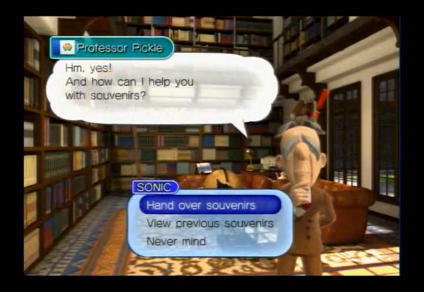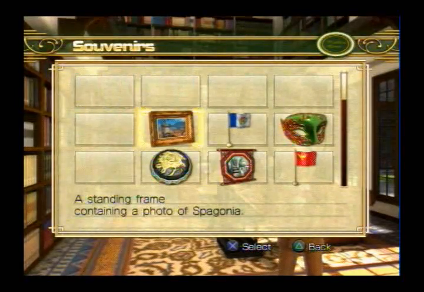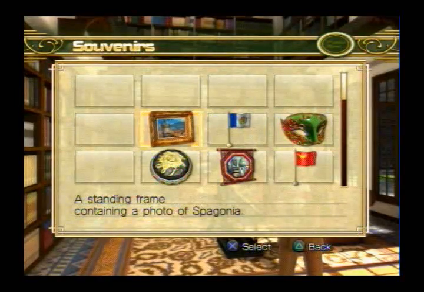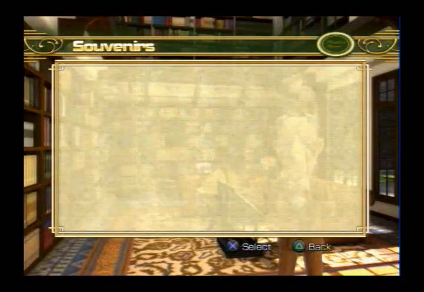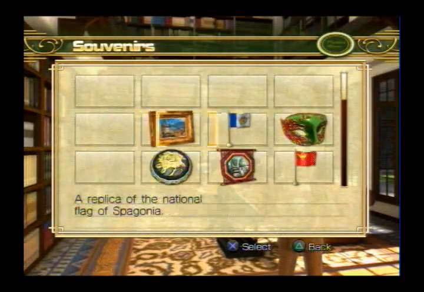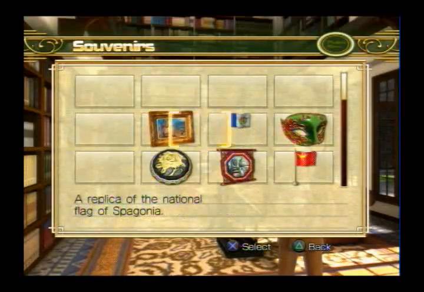Okay, I'll show you some of the previous ones. Let's see. Okay, so I gave him everything in Spagonia. I hadn't bought him anything in Spagonia, so the frame. Let's see if he'll actually. I guess not. Okay, so he won't tell me what the tip is again, but the frame, the replica of the flag, an ornate mask,